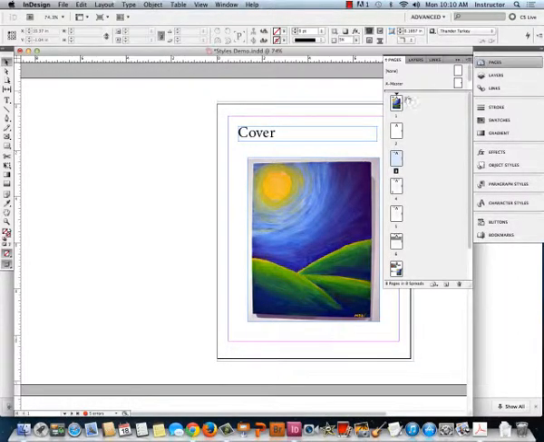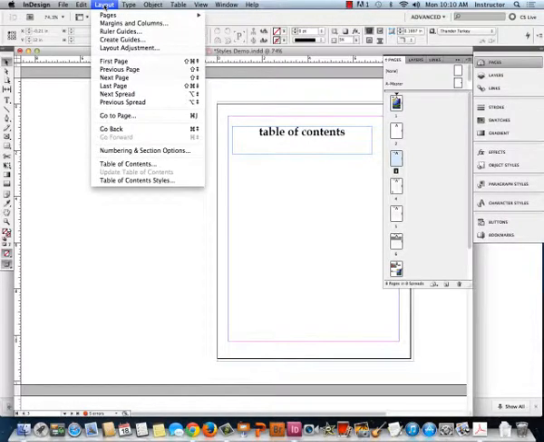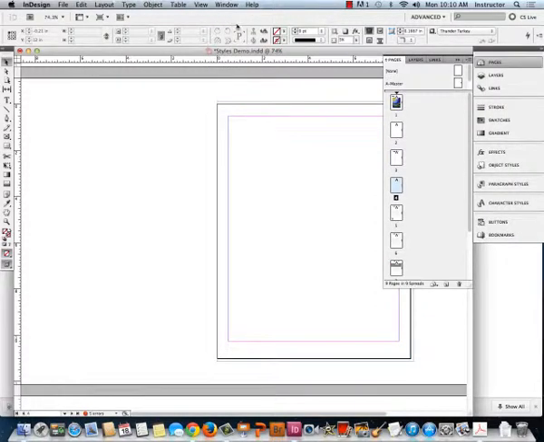and you should have your cover. Your second page should be blank. Third page will say Table of Contents. And after Table of Contents, you will insert a blank page. So by going to Layout, Pages, Add Page. So on page 4,